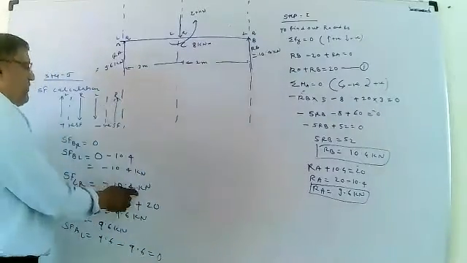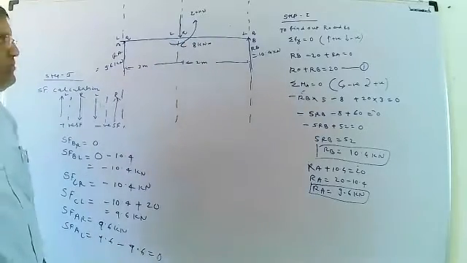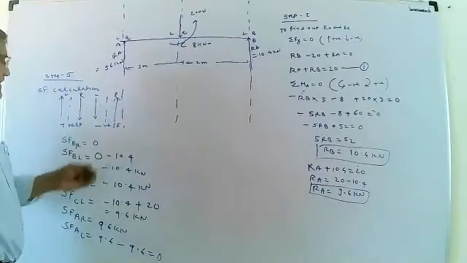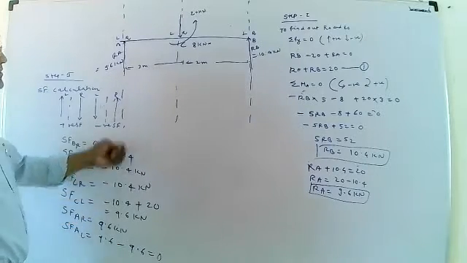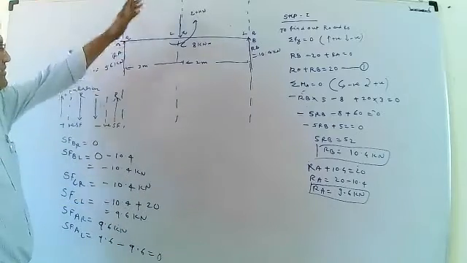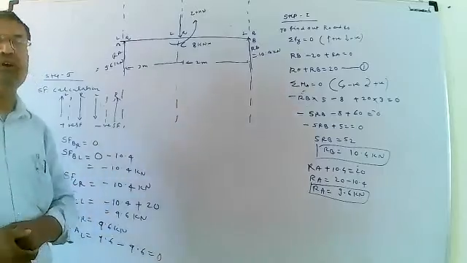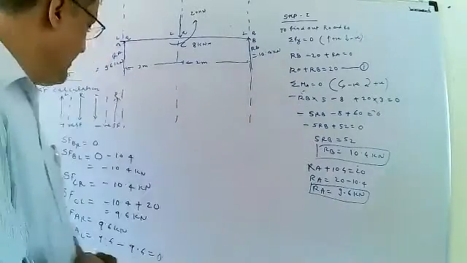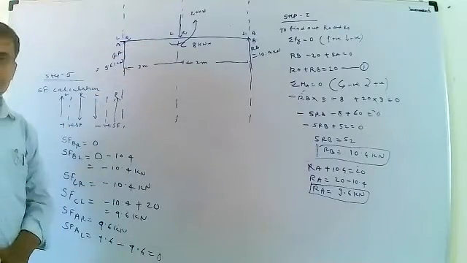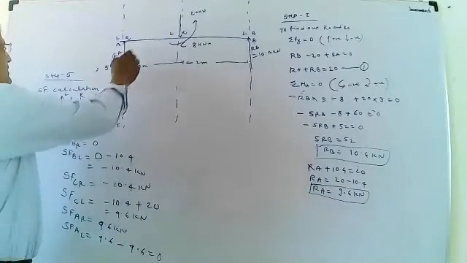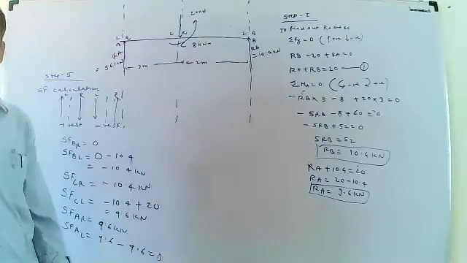Okay, minus 10.4 kilonewton shear force will be continued at right hand side of the point C. Then shear force at the point C on left hand side, minus 10.4 plus downward is positive, plus 20, that will be equal to 9.6 kilonewton. Then again in the portion AC there will be no load, and that value will be continued at the right side of the point A,